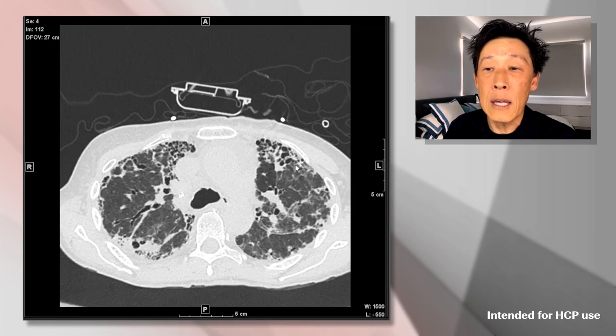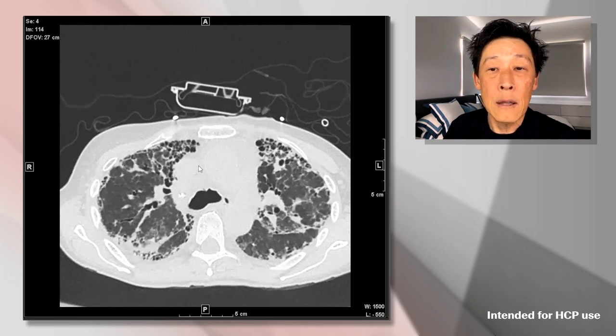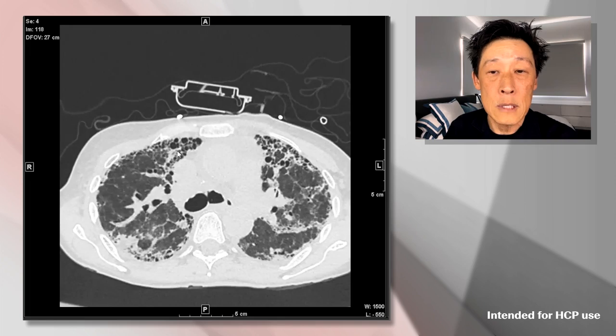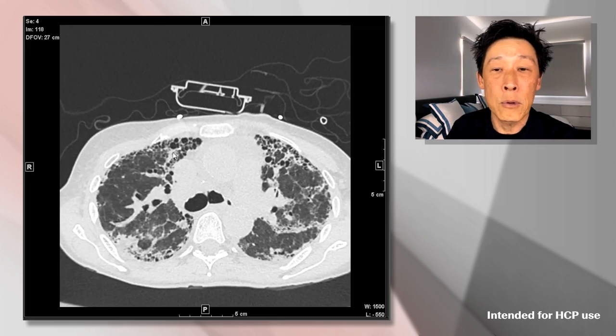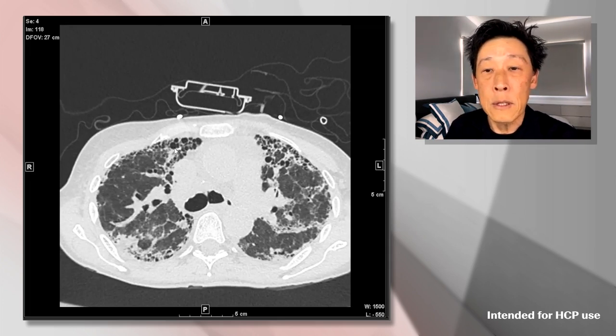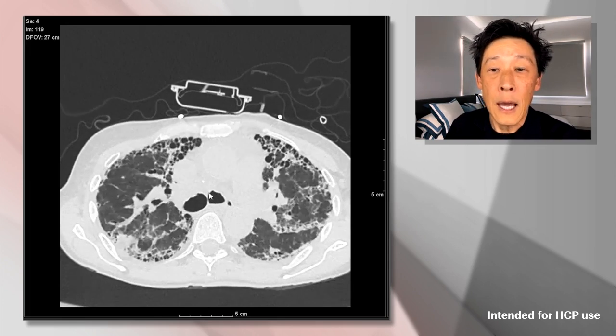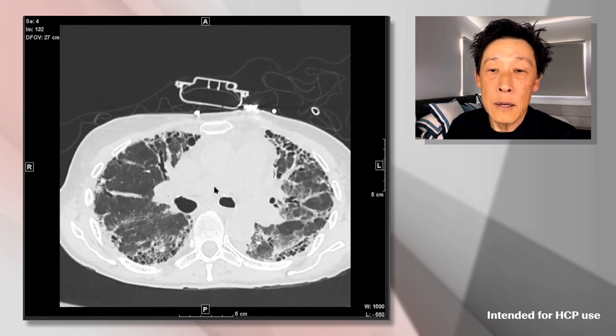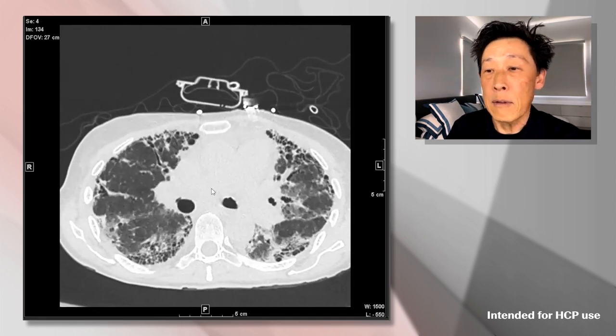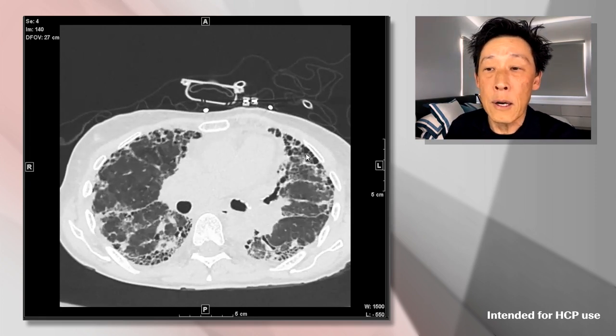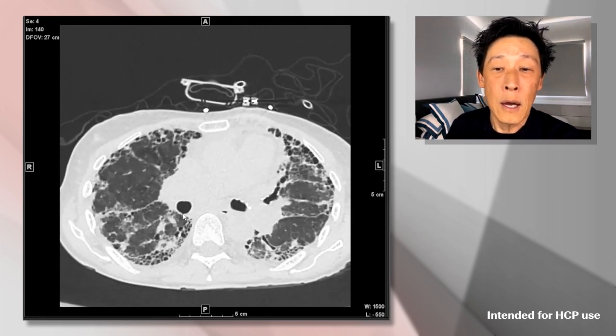contact. And we see these collections of air cysts, and these are what are known as honeycombs. And so this is destruction of the typical alveolar architecture by exuberant fibrous formation, leaving these irregular cysts. And again, it's very important that when you look at these cysts or look for honeycombs, you're really looking for an air-like density. So for reference, this is the right interlobar bronchus, and you can see that the air density is quite dark, and in fact darker than lung, because there's just air within the airway.